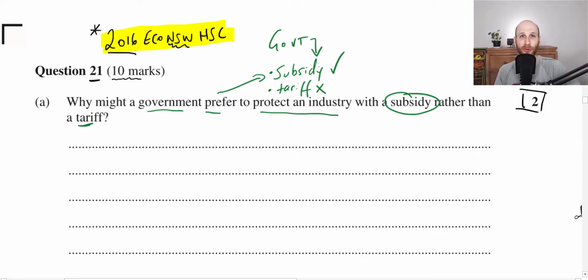So what we can do is we can think about a number of different points here. So let's start by thinking about consumers. Now I'm just going to write some ideas. This is not going to be a model answer because there are so many different ways you could write it. I just want to give you some ideas on the type of information that you could include. So if I think about it from a consumer's point of view,